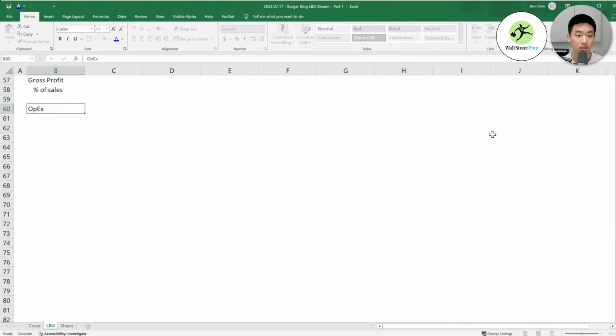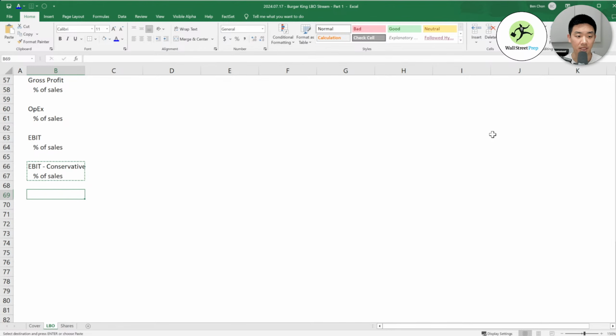OPEX, percent of sales. Again, EBIT. And then we're going to build out two cases. And I'm going to show you why this is actually so important and why I decided to do it. You'll see. But we're going to have a conservative case, and then we're going to have a management case.